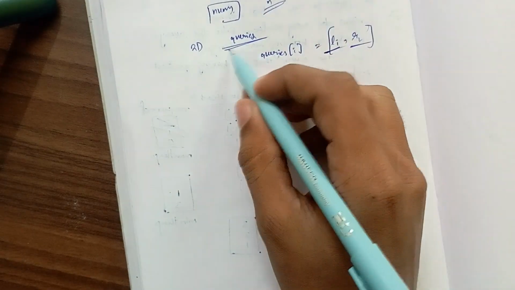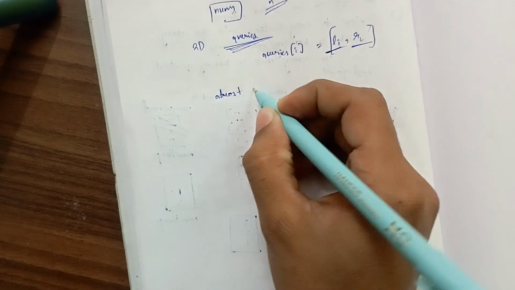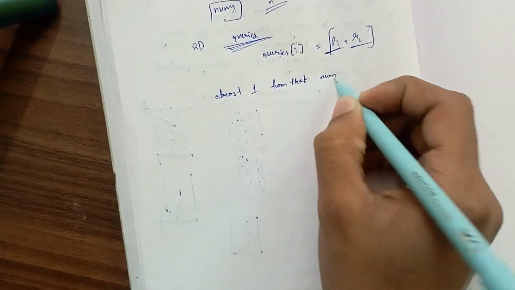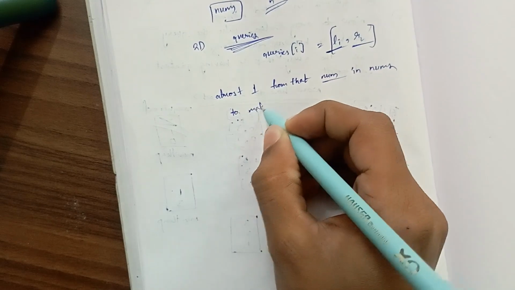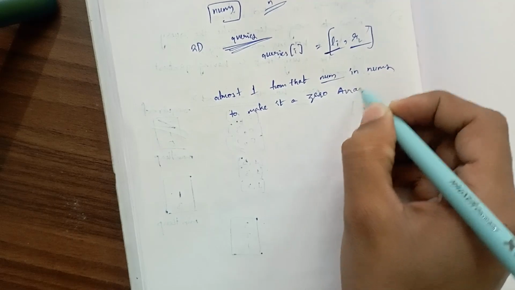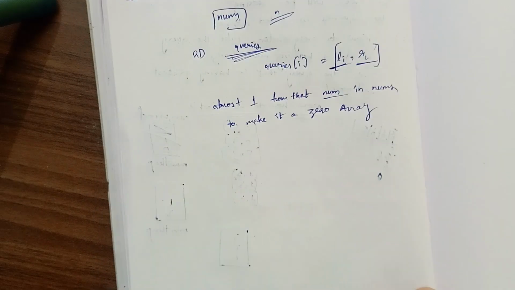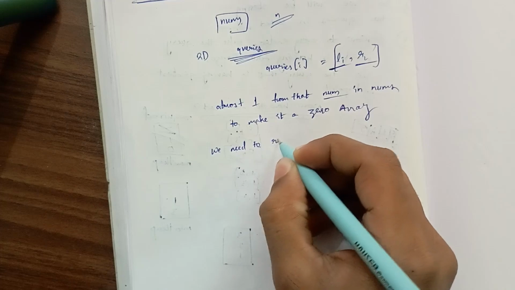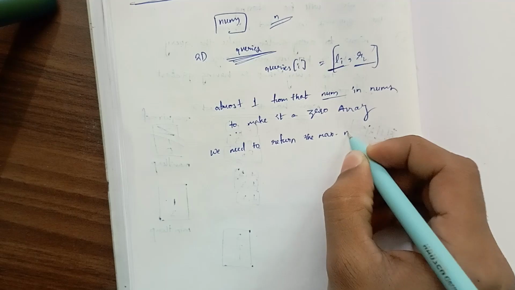For every query you can decrement by at most one in nums, to make it a zero array. Here a zero array is an array where all the elements are zero. So the problem here is we need to return the maximum number of